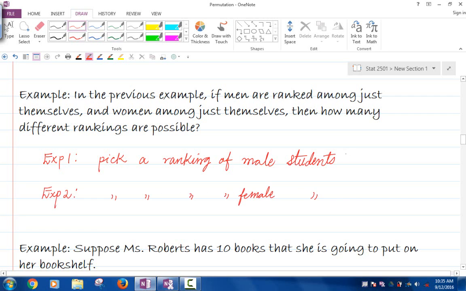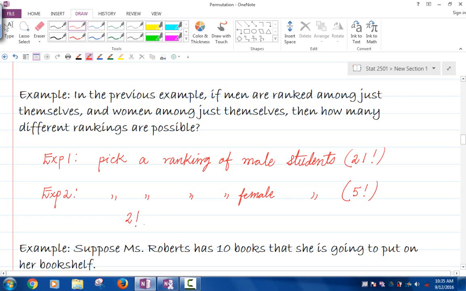Now, experiment 1 can be done in 21 factorial ways, right? And then the number of permutations of the female students would be 5 factorial. So experiment 1 has 21 factorial outcomes. Experiment 2 has 5 factorial outcomes. So by the multiplication rule, the number of possible rankings of all the students would be